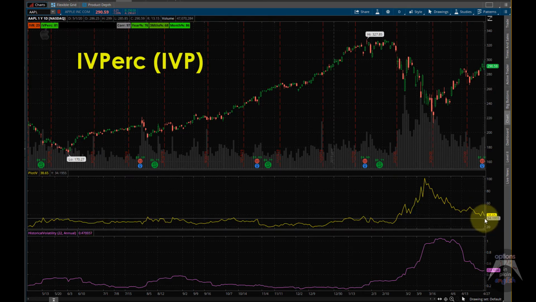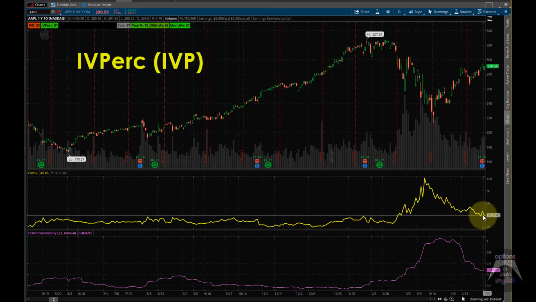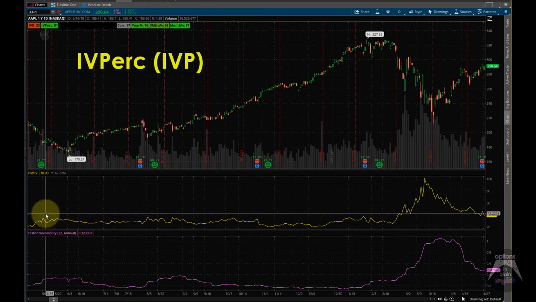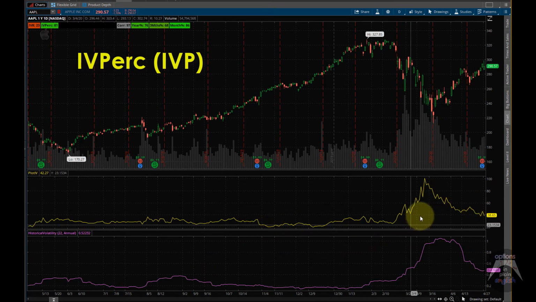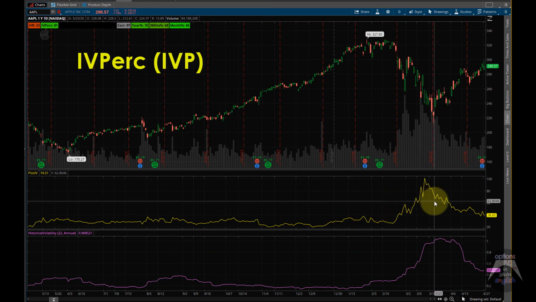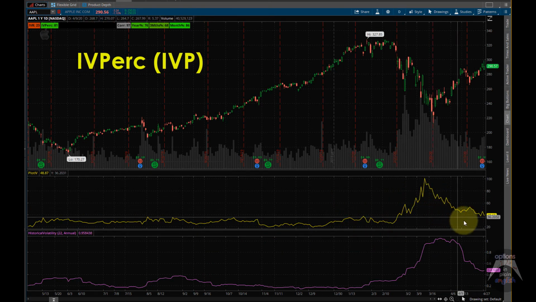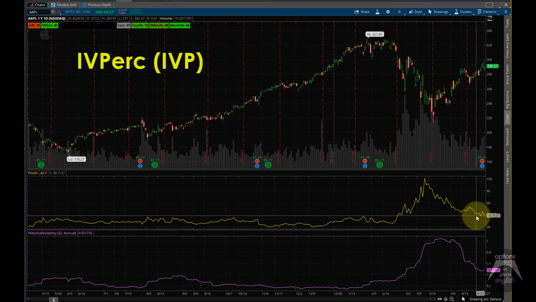So in this case, for example, we're at 38.65. We look back 1 year and we count how many instances. It doesn't matter by how much. It doesn't matter the magnitude. It's just how many were lower, how many were higher. And out of those, we scale them to 100, and the percentage is going to tell you where you are. So in this case, 38.65